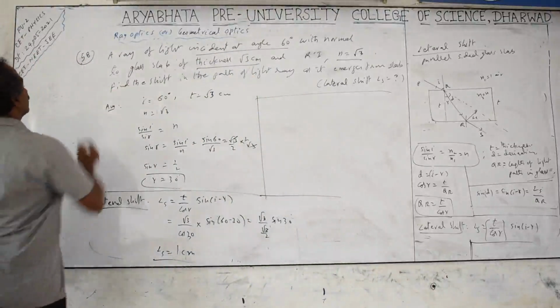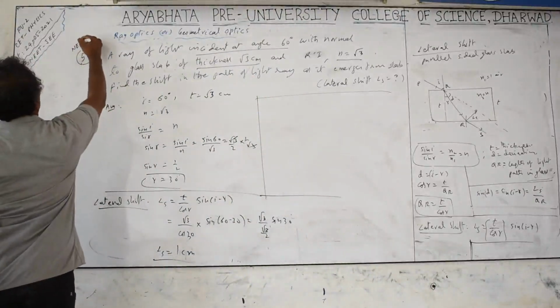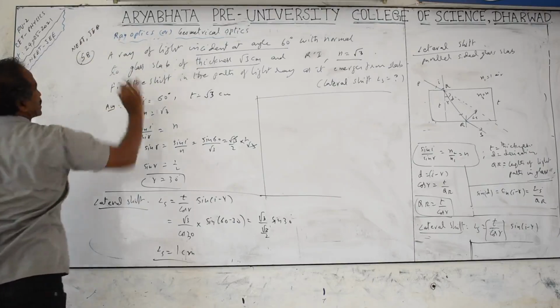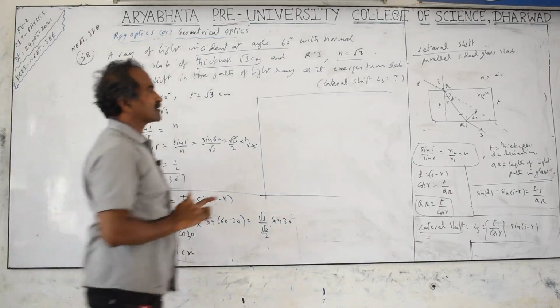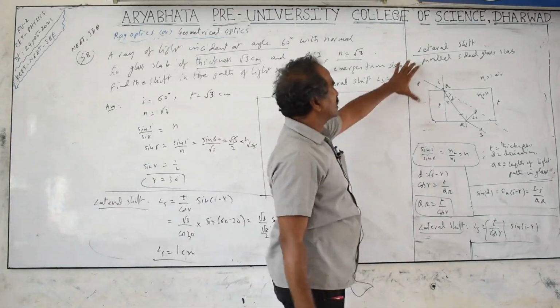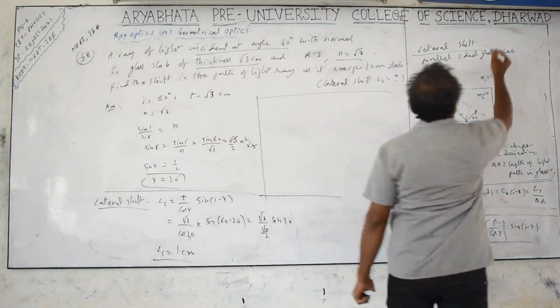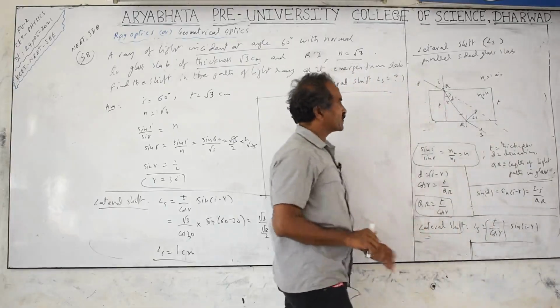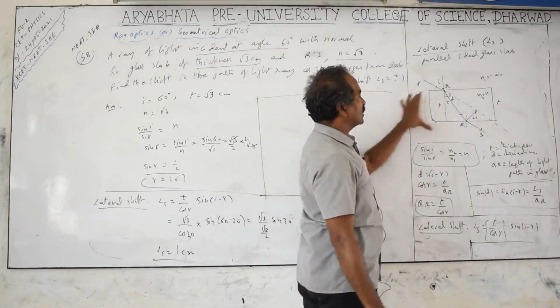This is important for NEET and JEE. For the CET, part of the concept question can be asked. It is related to the lateral shift. Symbol we take it as L subscript S. Normal shift, lateral shift. Two types of shifts we will consider when light is passing through the parallel